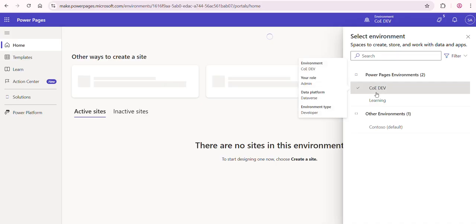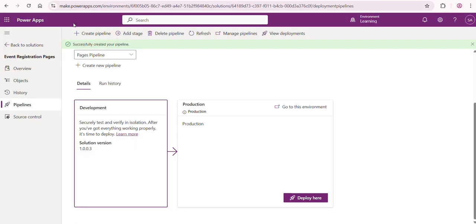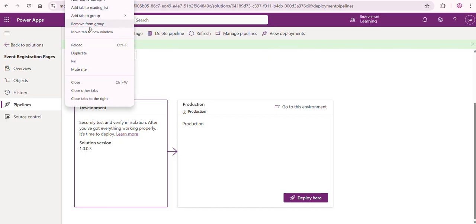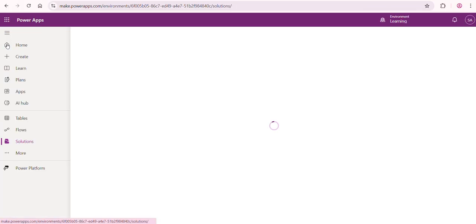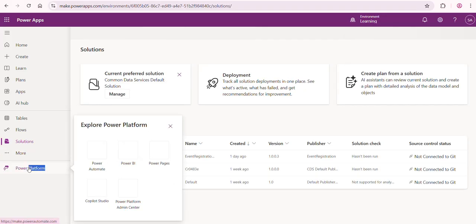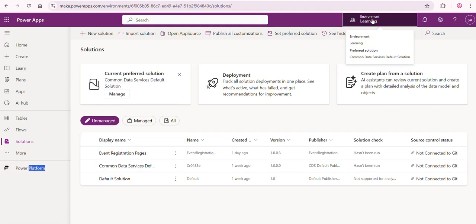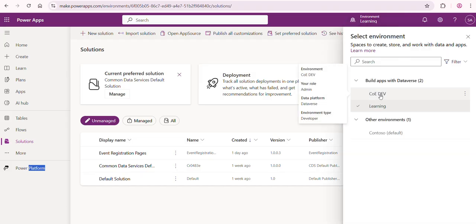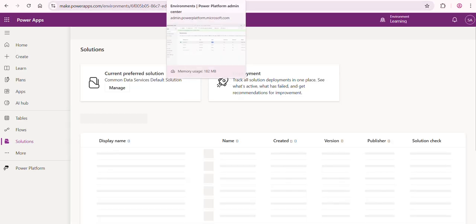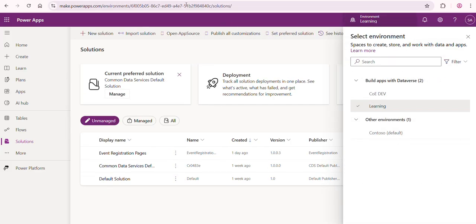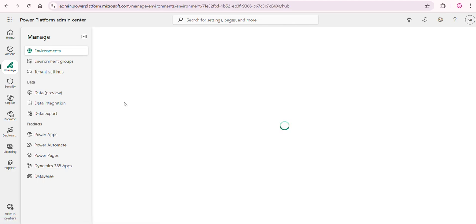Let's go back. So right now I cannot see my production environment within the environments. All right, so in order to open that, I'll just click on production,